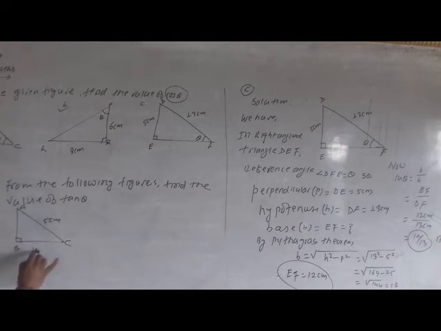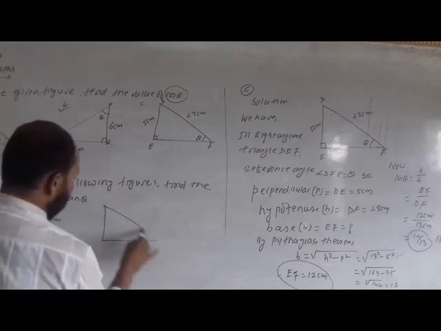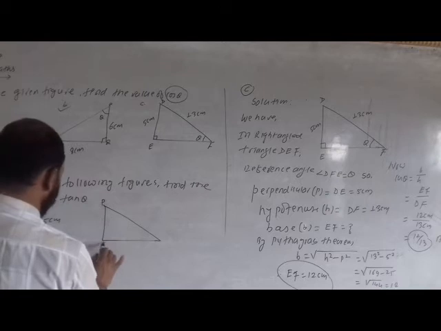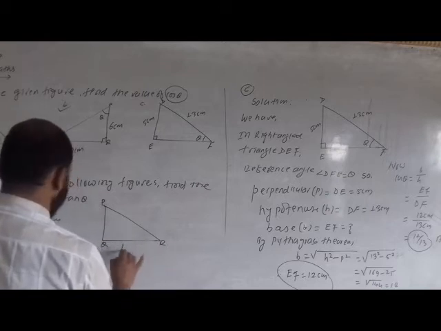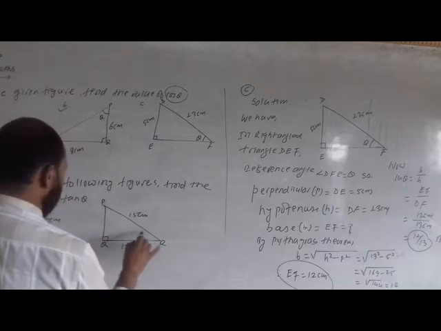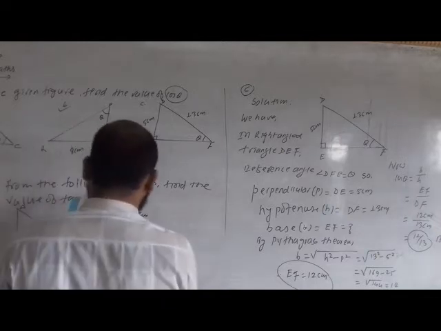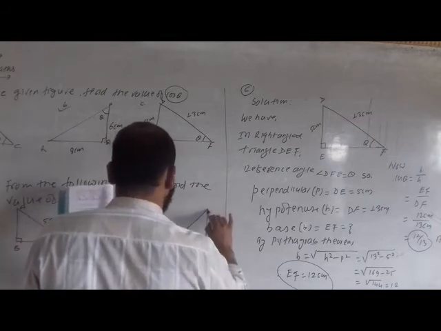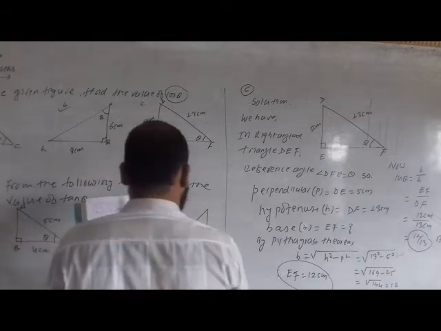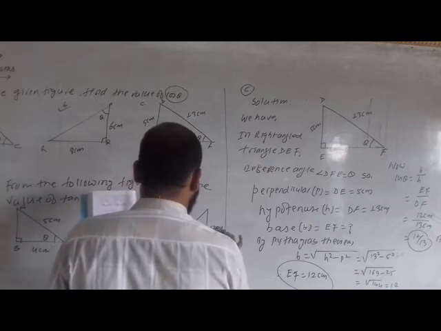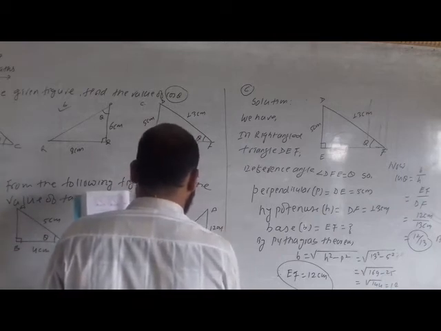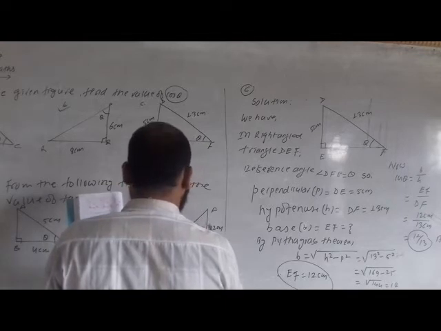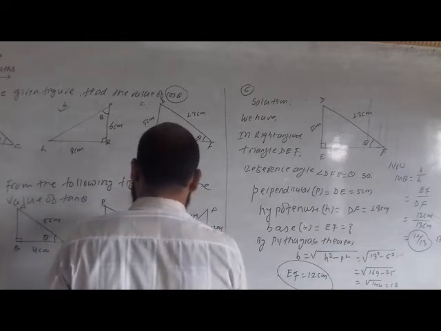5 cm, 4 cm, theta. Okay. And here P, Q, R, 12 cm, 15 cm. This is theta. And here we have dual cm, A, B, C, and this is your 13 cm. Okay, and this is